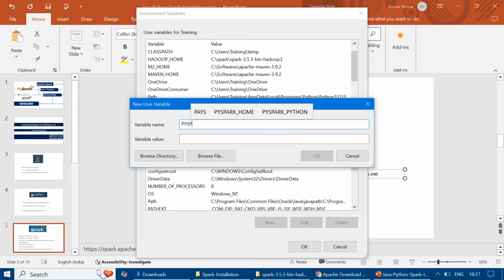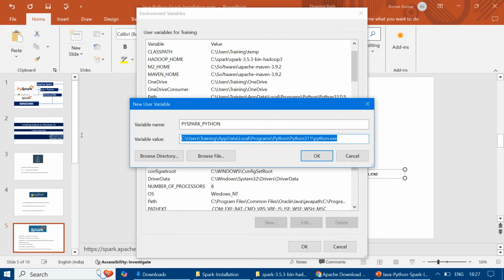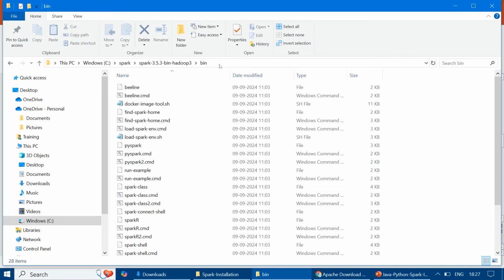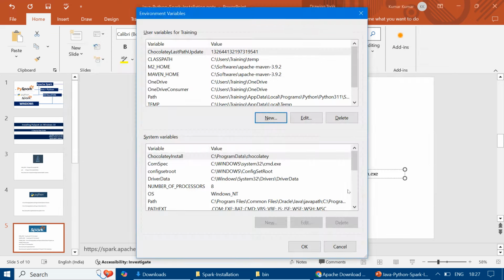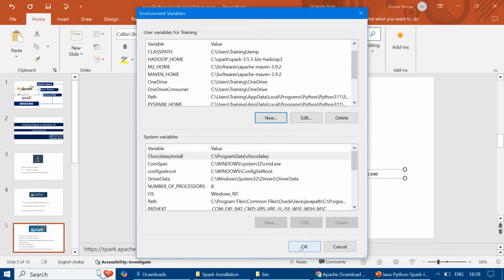Again, because we have to add one more, PYSPARK_PYTHON, and then we have to paste it. It may be PySpark Python, only Python is required. So I'll type python and click OK. And next we have to add the bin directory to the path variable. So I'll just copy this one. Why do so? If I go and close it because we have not added it, and say okay,